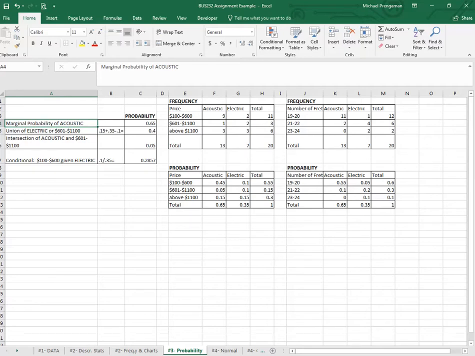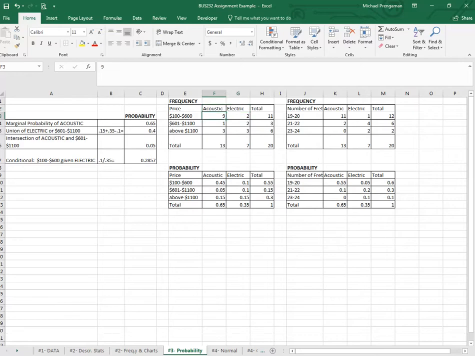Assignment number 3 requires that you demonstrate your understanding of the different basic probability relationships. In order to do that, I've developed, for two of my variables, price and number of frets, a joint frequency table. And for these different price categories and these two different type categories, I can tell you that